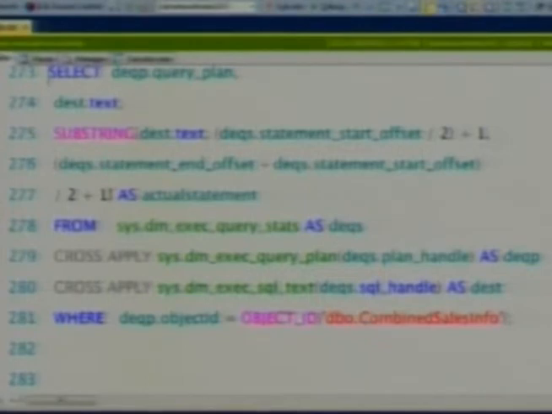And then where the object ID is equal to this object ID, combined sales info. This is the combined sales info query function. Sorry. So I run this, and for some reason these have been taking a little while. It should come back pretty quick. Give me a second. I promise you it will return.